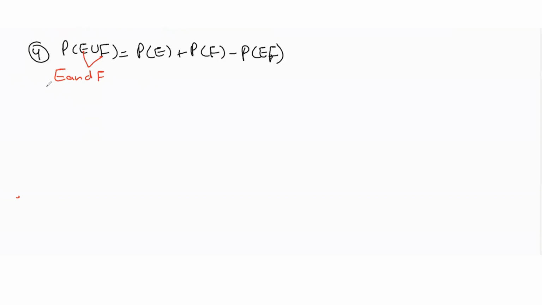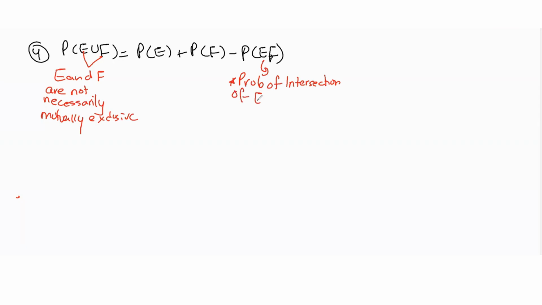When we looked at probability axiom number 3, it was talking about the union of mutually exclusive events. Here, E and F are not necessarily mutually exclusive. Probability of EF is just the probability of the intersection of E and F. Like we talked about, we can write the probability of the intersection of two events either using the inverted U sign, or without an intersection sign as well.